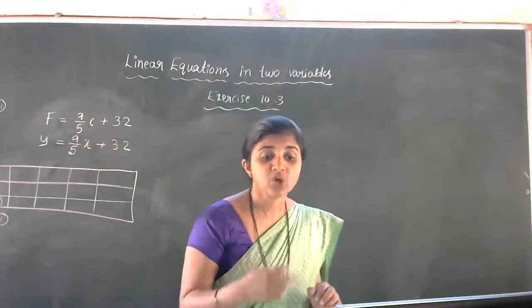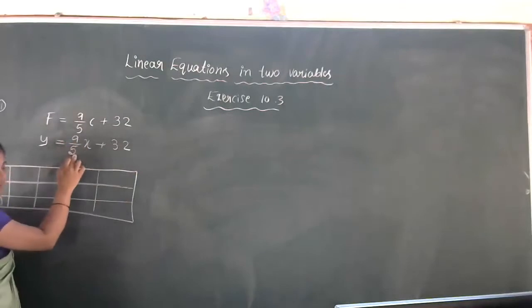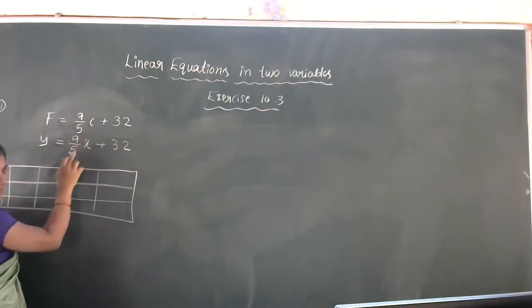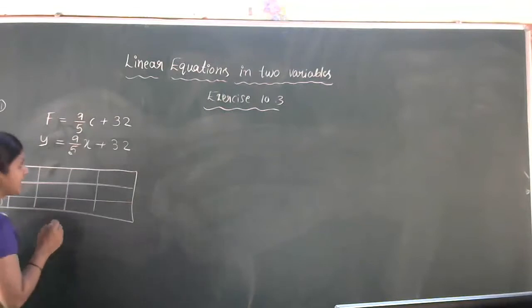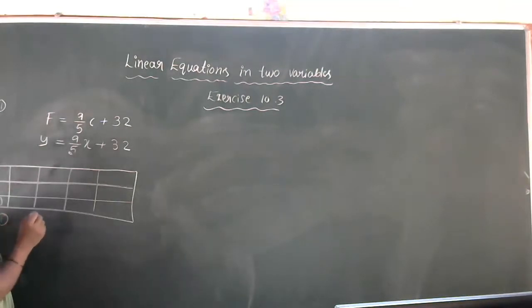So what do we have to do for that? See here, 9 divided by 5 into x. Here we can apply the cross multiplication method. If we take x such that it is an exact multiple, it divides exactly. Should we take c is equal to 10, x is equal to 10? Okay, should we take 10 first or take 0? How should we take it? 5 multiples. Yes, 5 multiples we have to take. Yes, of course, correct answer. If we take multiples of 5, there will be no headache.